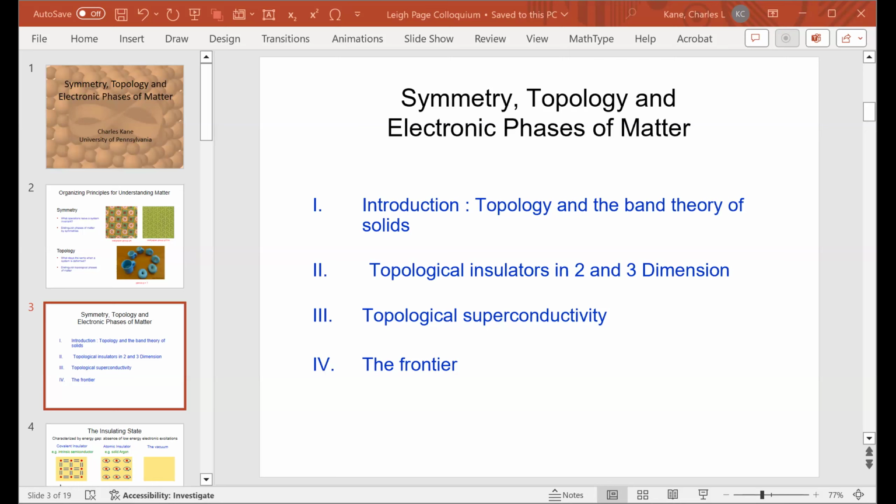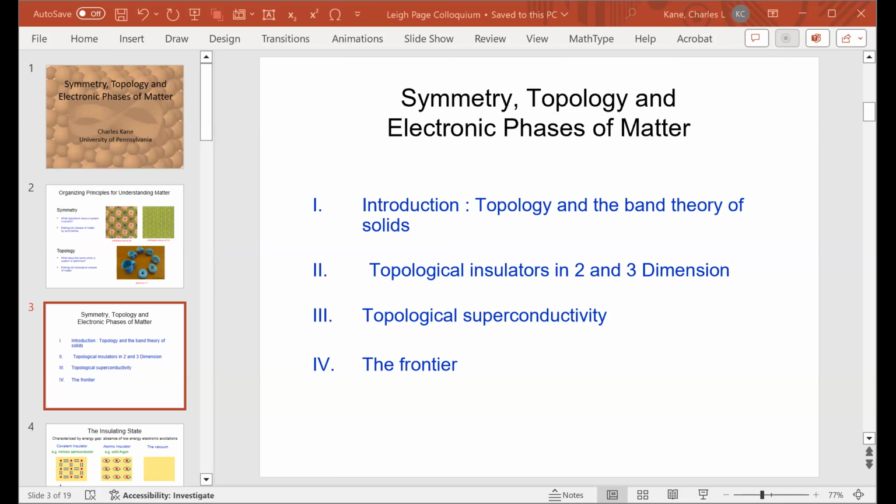To talk about topology and the band theory of solids, I want to start with the most basic state of matter, which is the electrical insulator. An electrical insulator is something that I teach my freshmen when I teach freshman physics. And what I tell them is, in an electrical insulator, the electrons are stuck. They're bound to atoms, and they can't do anything. But of course, the fact that they're stuck on atoms is a unique consequence of quantum mechanics, because it's quantum mechanics that tells us the energy levels in an atom are quantized so that there is an energy gap for electrons to do anything.